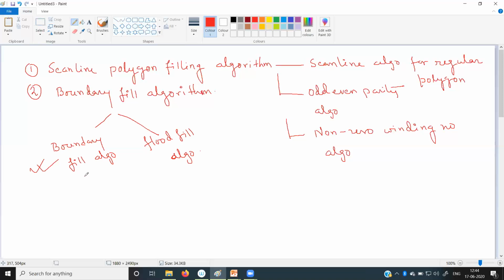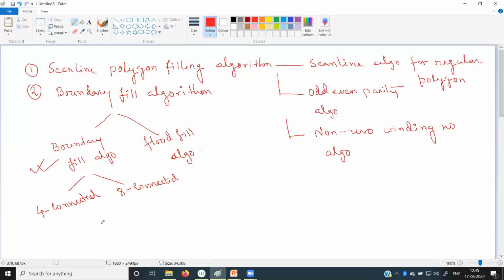The boundary fill algorithm is of two different types: the 4 connected algorithm and the 8 connected algorithm. I showed you how to use both to fill a polygon. In this class, I will discuss the disadvantage of the 4 connected algorithm and why we go for the 8 connected algorithm, and then I will discuss the flat fill algorithm.